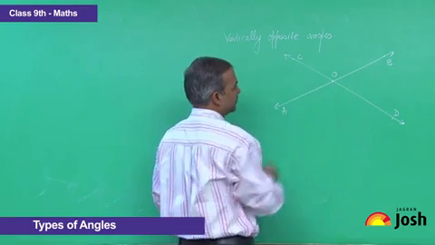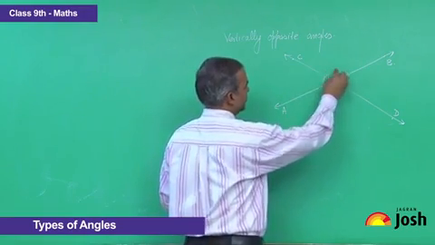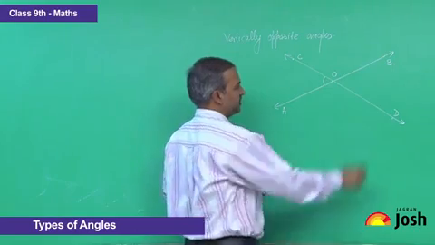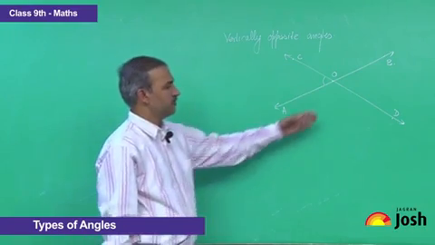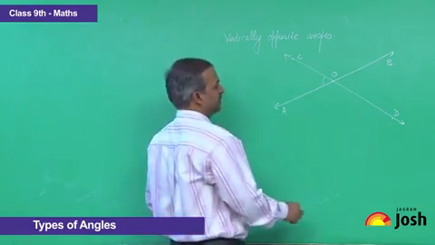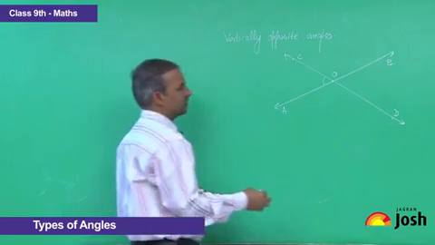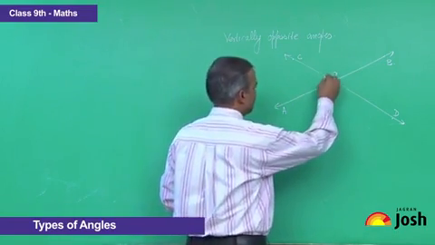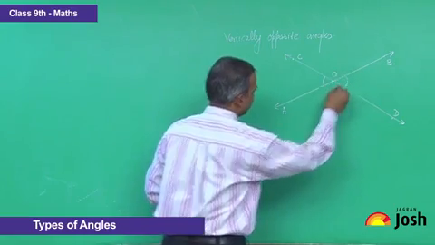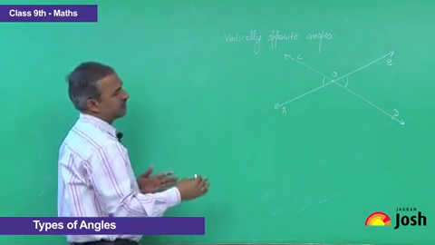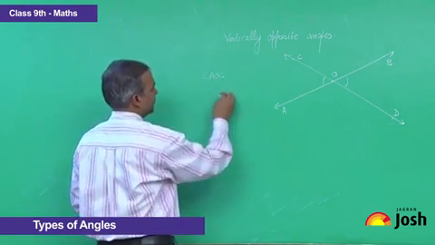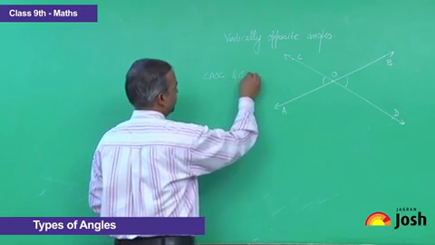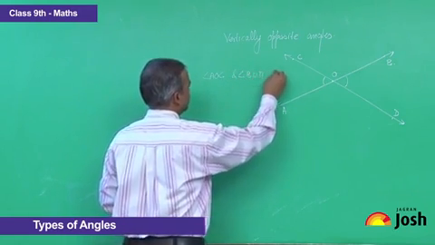This is angle AOC, then you have angle BOC, the third is angle BOD, and the fourth is angle AOD. Out of these four angles, angle AOC and angle BOD, the angles which are opposite to each other,